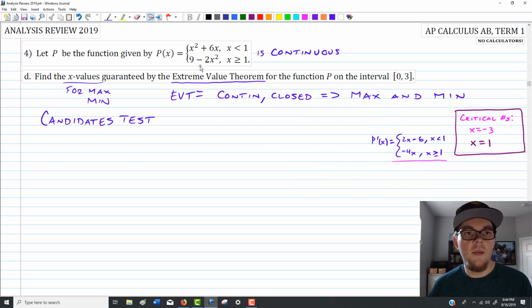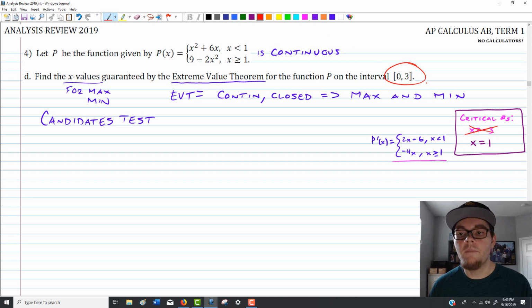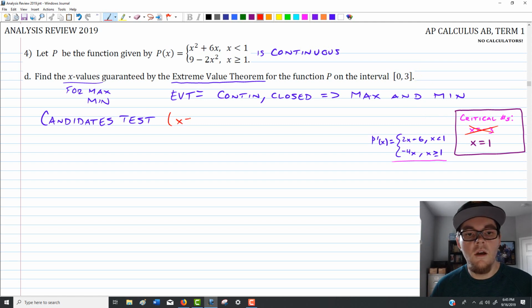As far as things that we have, our critical numbers are -3 and 1. As far as our candidates test in this particular case, we don't need to worry about -3 because it's not between 0 and 3. We do need to check at x equals 1, and otherwise we need our endpoints. So the candidates that we have in this case are x equals 0, 3, the endpoints, and 1, the critical number. So making a quick table,